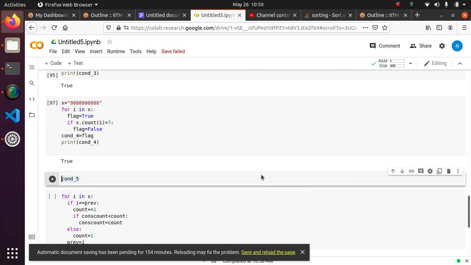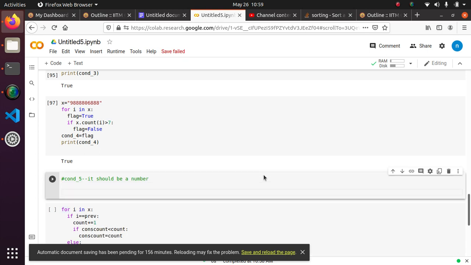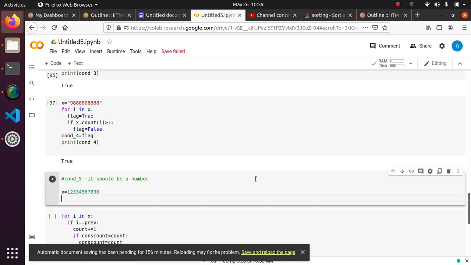It should be a number. So how do you check this? X equal to, let's say, 1 2 3 4 5 6 7 8 9 0.